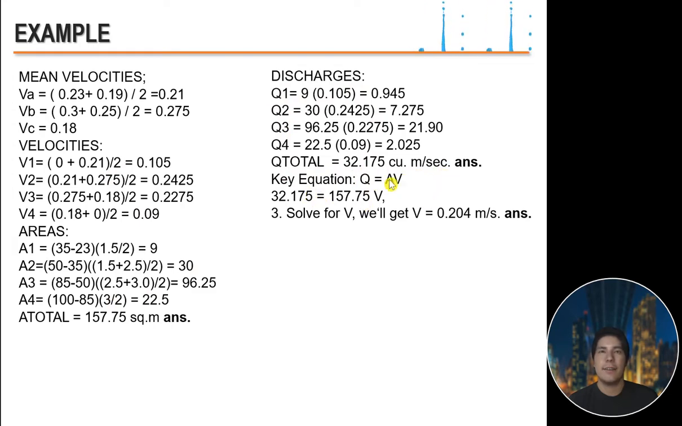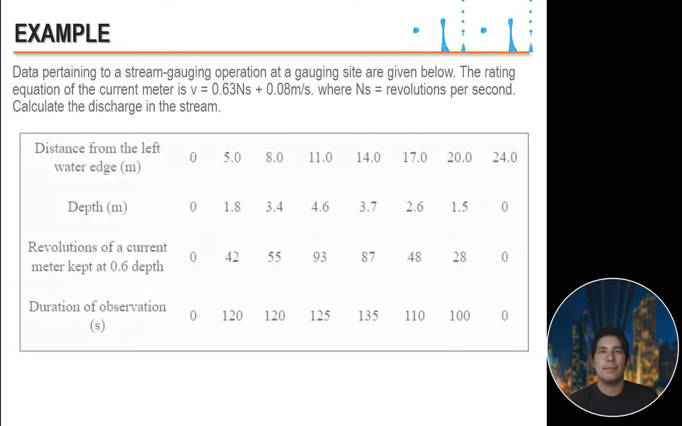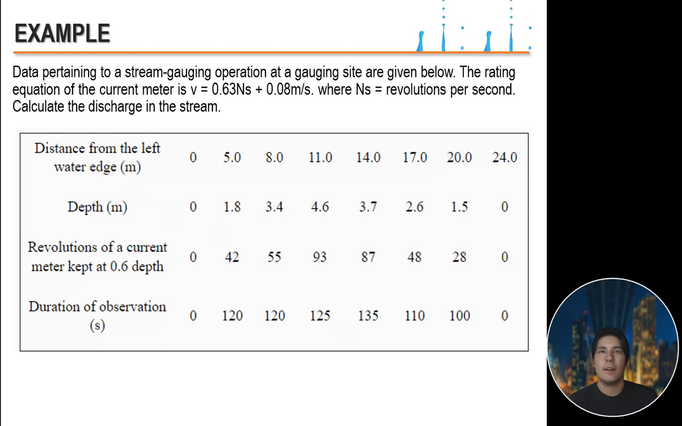So the key equation is Q equals area times velocity. So we have the Q total and we have the area. Thus our velocity is 0.204 meter per second. So we have also another